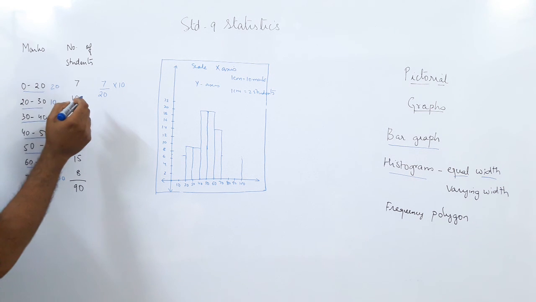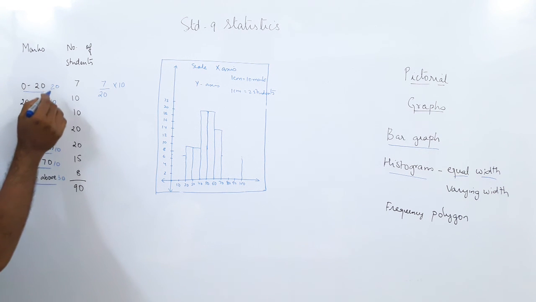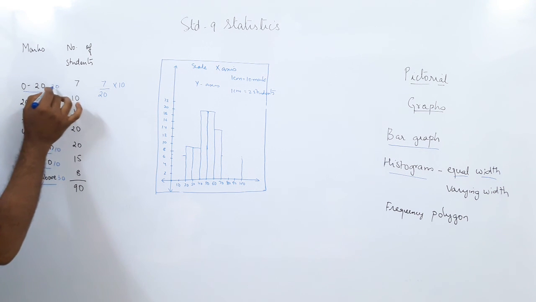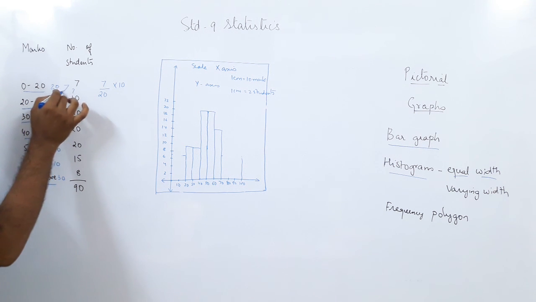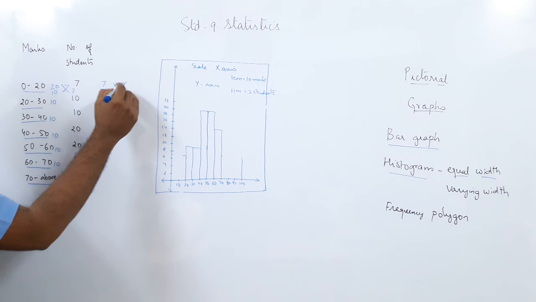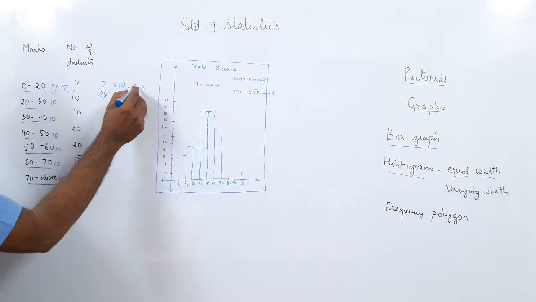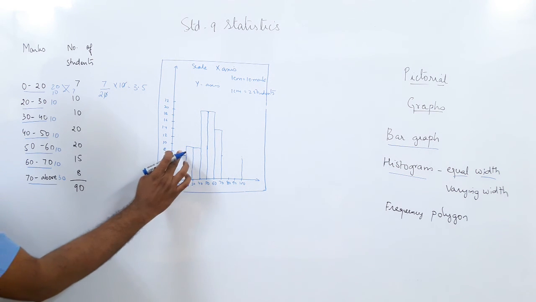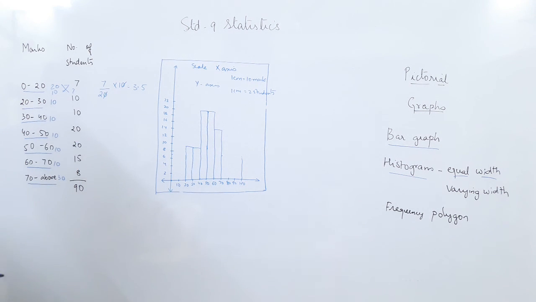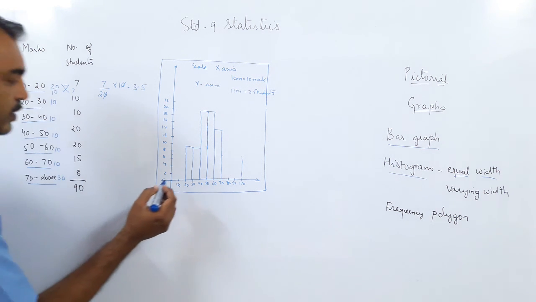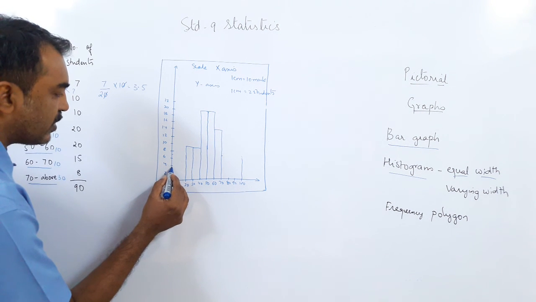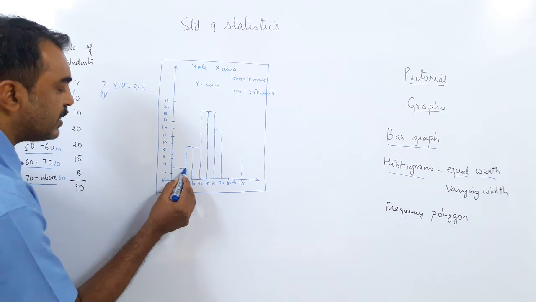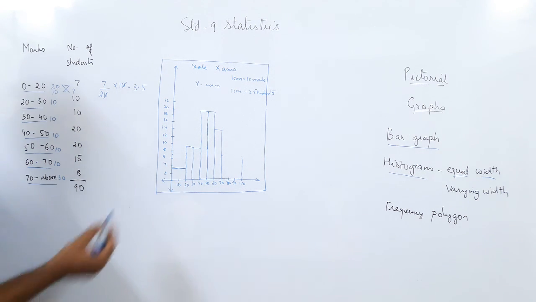So what is the idea here? A width of 20 has got a number 7. A width of 10 will have how much? So if you cross multiply, you will get 3.5. Okay? So we are going to maintain a class width of 20, but the number should not be 7. Why? Because we have taken the reference to be 10. So we got 3.5. So 3.5 will be somewhere around here. So now this area looks correct. This is 7 and this is 10.